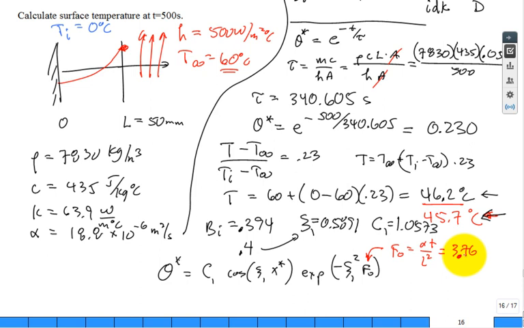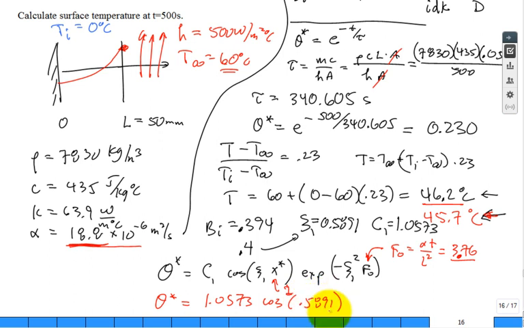I probably should have kept more digits on that, because this is the value of alpha. We have it right here. I should keep more than 3 significant digits on all intermediate calculations. This is truncated to 3. Okay. All right. Then I put in zeta 1 squared, exponentiate. This is 1, zeta 1, cosine. Put in C1, and then you get that this theta asterisk comes in at